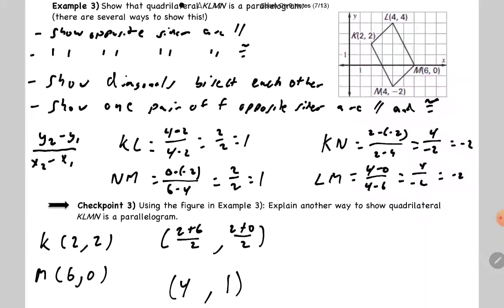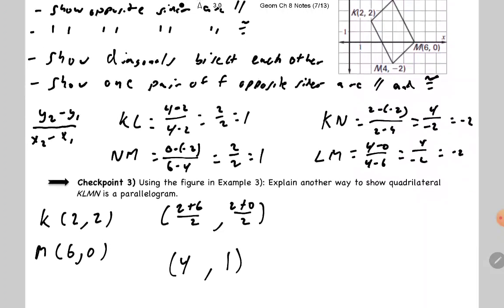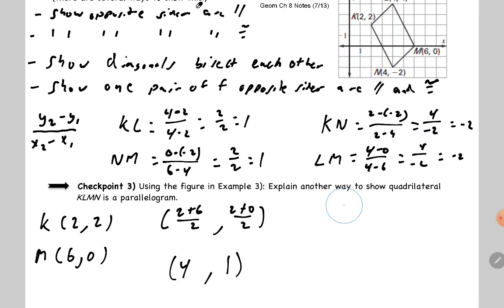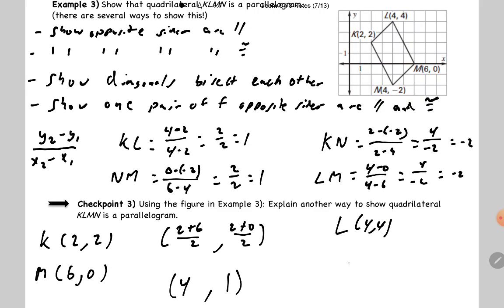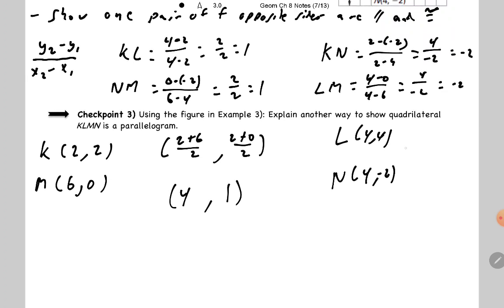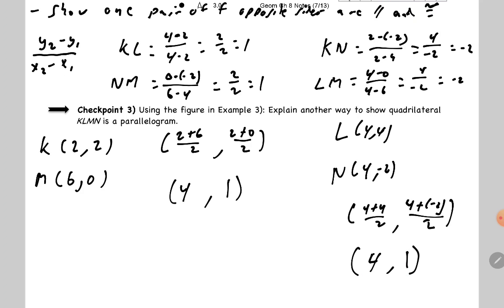And then we find the midpoint of the other diagonal. So LN, L is 4, 4. N is 4, negative 2. So the midpoint would be 4 plus 4 divided by 2, and then add your y's together, 4 plus a negative 2 divided by 2. So 8 divided by 2 is 4, and 4 plus a negative 2 is 2. 2 divided by 2 is 1. So because they have the same midpoint,